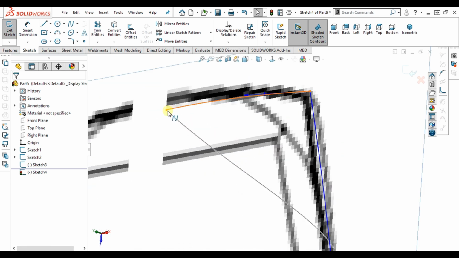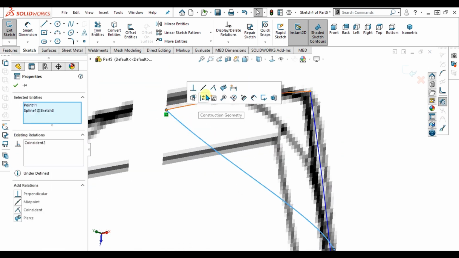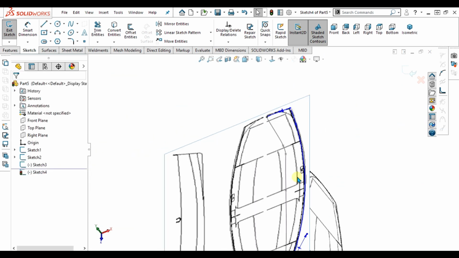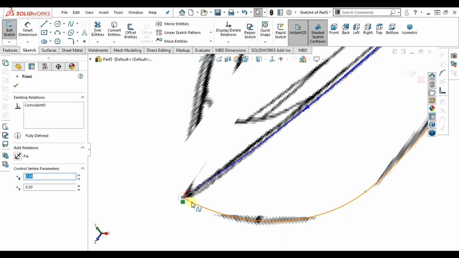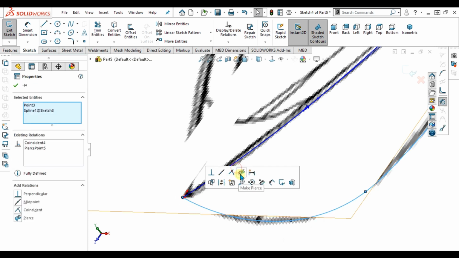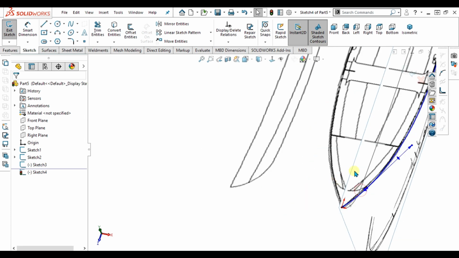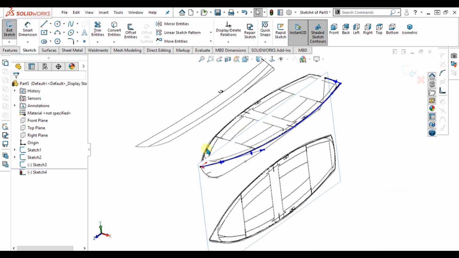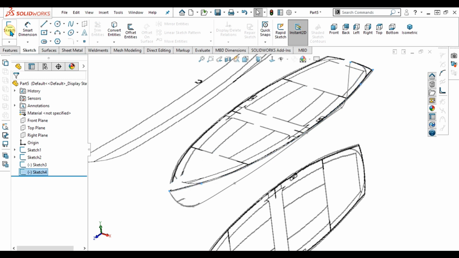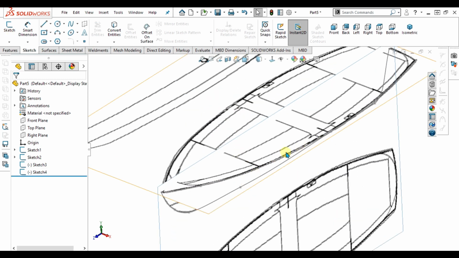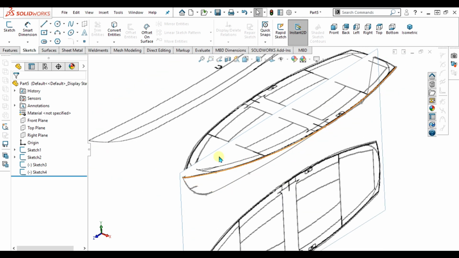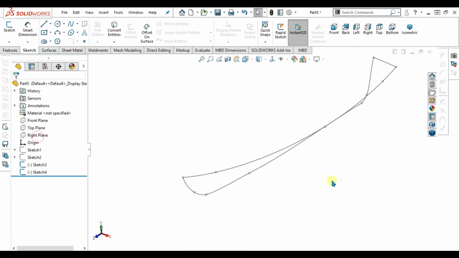So as you can see that our two sketches are coincident and pair with each other, and now we will not face any difficulty making the lofted surface. So select OK and go to exit sketch from here. Now once you have traced the images, you can simply hide these two images and you have the sketch here.